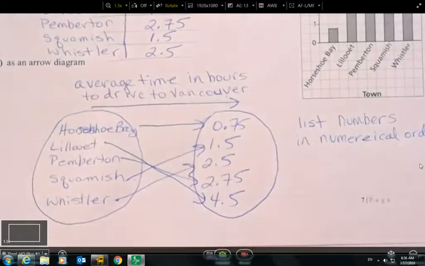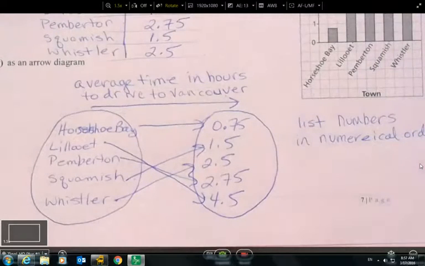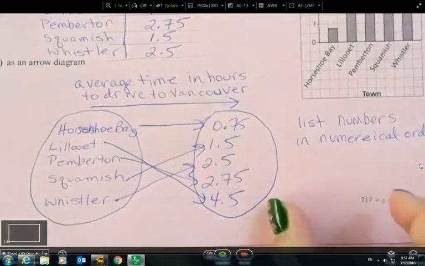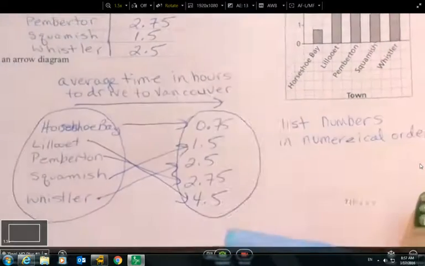So these are just a couple of different ways that certain graphs could be represented, and it's just important that you know how they are read or how you can draw them. All right. So the next one looks at